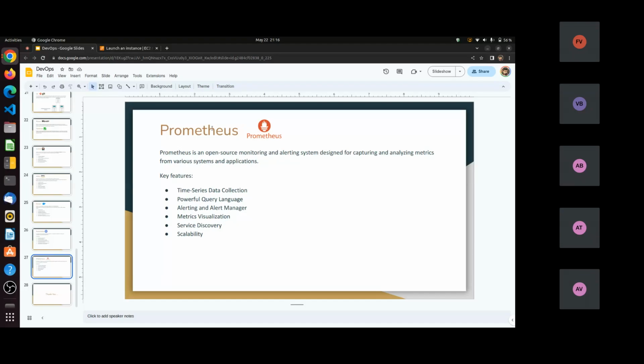That is called service discovery. And then scalability: Prometheus can also be coupled with other Prometheus services. That's scalability.